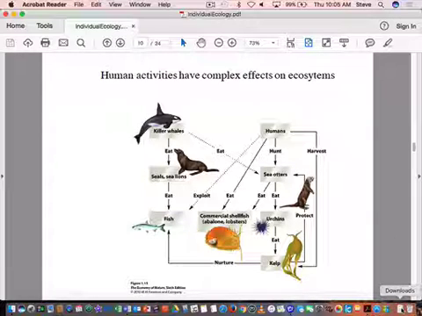Okay, let me ask a simple question. You can work in a group, worth 1 bonus point. What is the consequence? Describe to me, what is the consequence of high rates of human predation on sea otters on these lower levels? Specifically tell me, what is the effect on urchins, and then what is the effect on kelp, and how might that influence the fish? So you might ask, is it negatively, then positive? I'm asking, what's happening when sea otters are reduced in density on these different lower levels?